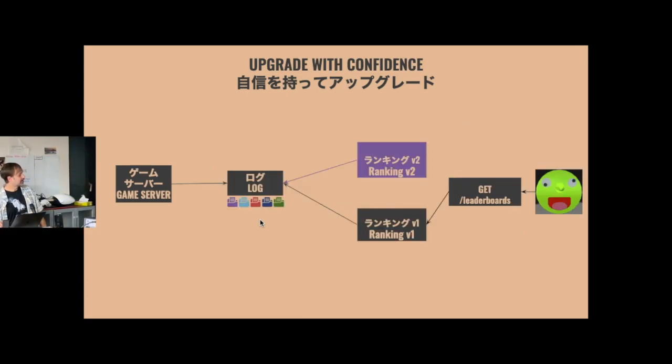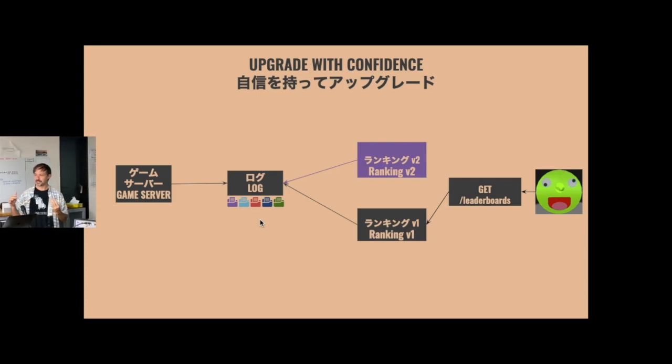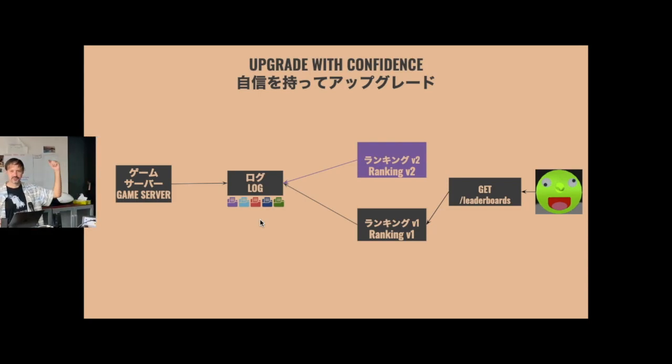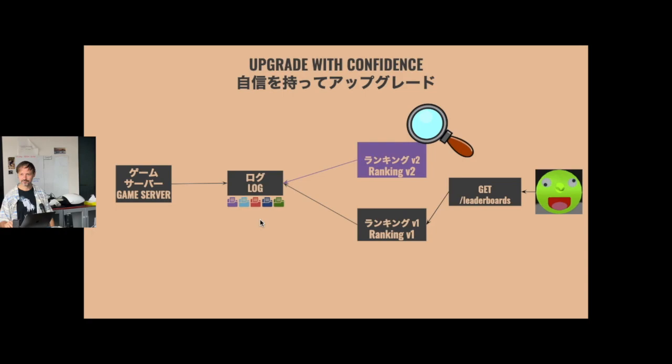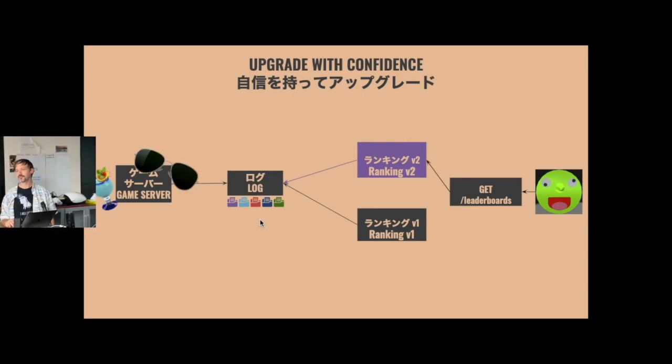And now our users are going to go through our little API gateway. They're going to get leaderboards, and that's pointing to our old ranking. But after ranking 2 catches up, maybe there's millions of games it has to sort through. Maybe it takes 2 days to go through. But when it's ready, we can just take a look at it, say, okay, and then swap it over. Game server has done nothing. There's been zero downtime. Keep stressing that.